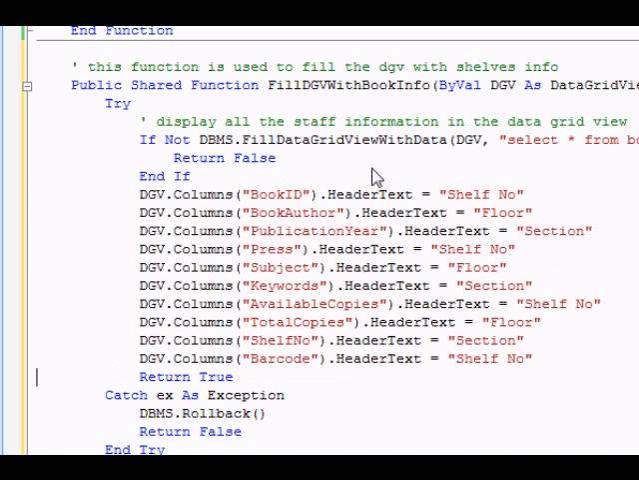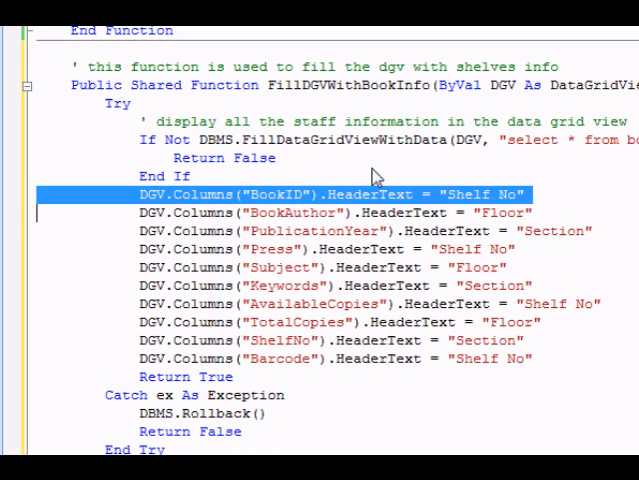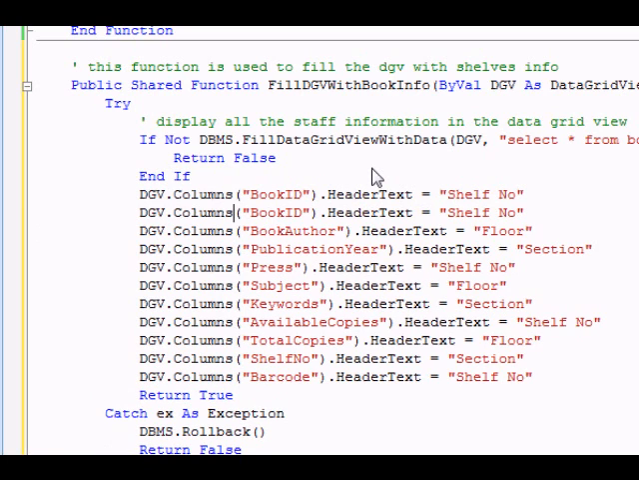1, 2, 3, 4, 5, 6, 7, 8, 9, 10. I skipped something. Book ID, book author, publication year. Oh, book title. Where's the book title? Okay. So we have book title. Okay, so now